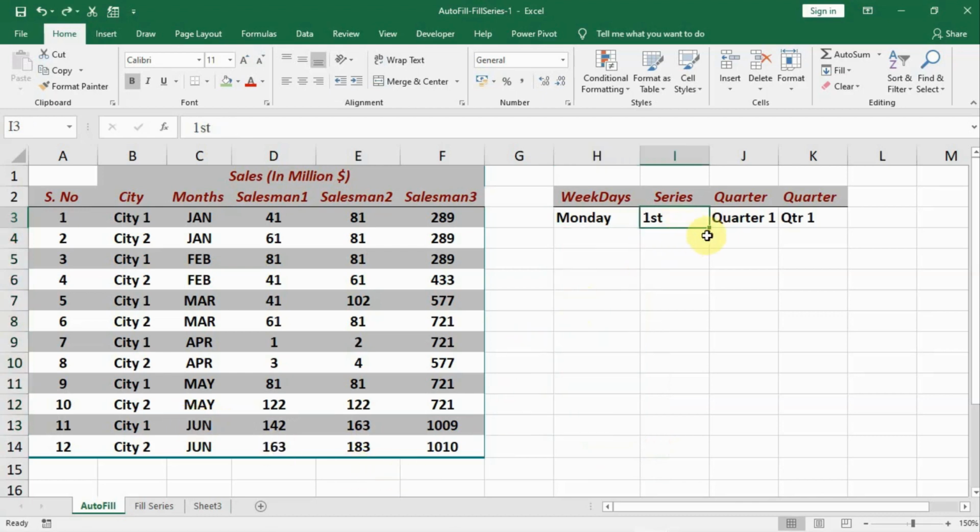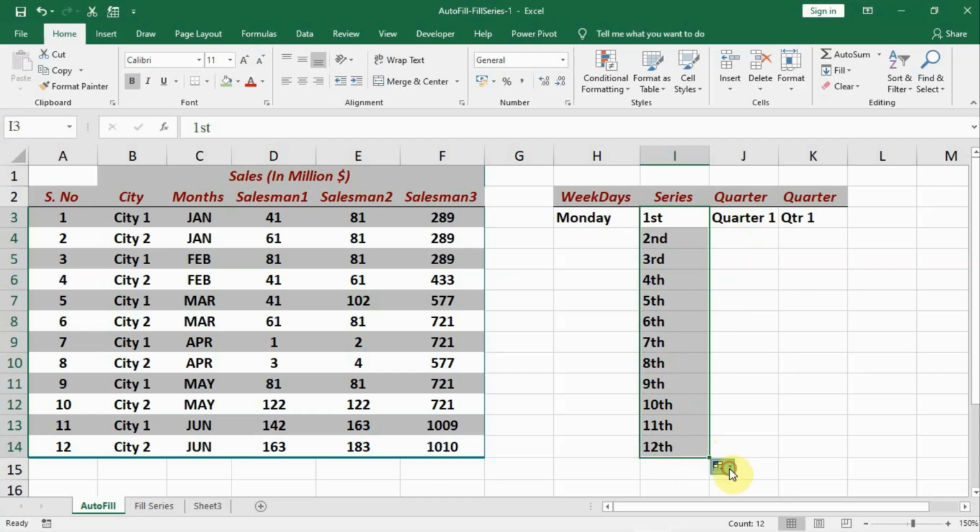Similarly, if I try this first and drag it down, it will do it like this: 1, 2, 3, up to 12th, and it is an autofill custom list, we call it. It is already stored in the system. It creates a series by itself, and you can check it here also. Flash fill is something we are going to do in the next chapter.